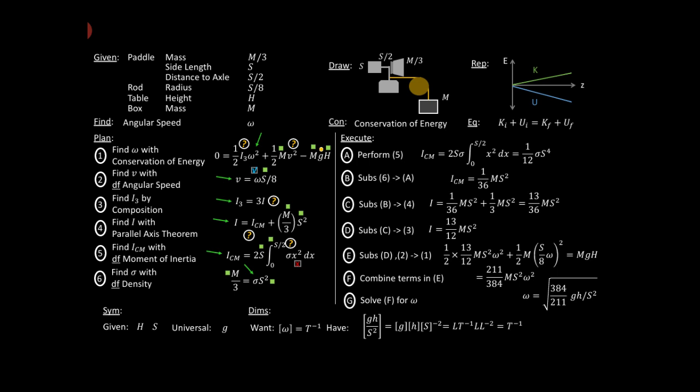So the last thing that we have to worry about is whether it actually makes sense. Does it make a reasonable amount of sense? Let's look at one thing. What if we increase these dimensions, right? If we look at bigger paddles, does it make sense that bigger paddles would take more energy to speed up, is what we'd be saying, or that the final speed would be less if the